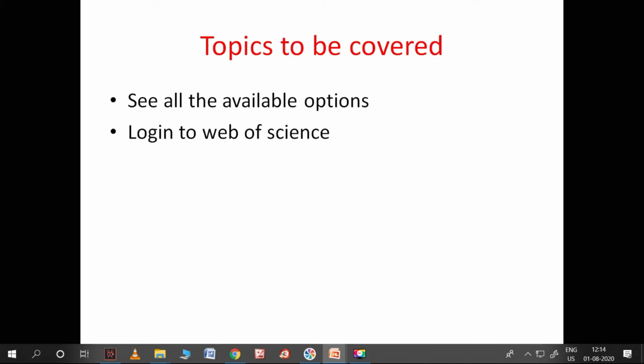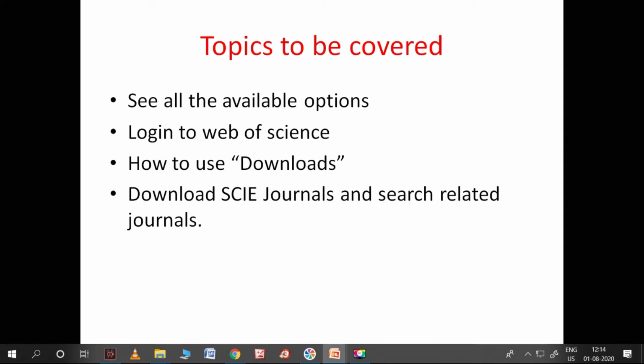Before we get all the available options, we need to log in, and only then will it allow us to open some of the contents. Then how to use downloads, download SCIE journals and search related journals. That means I will download the SCIE journals, and as I am from electrical and electronics engineering, I will search for my own journals by giving some keywords like electrical, power, maybe electronics, like that.